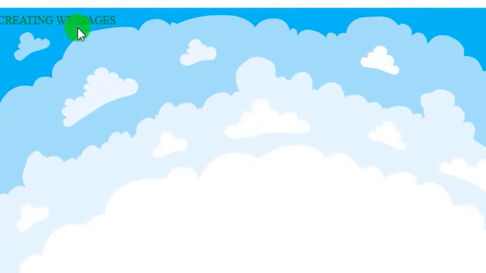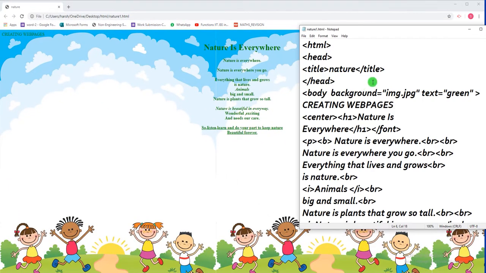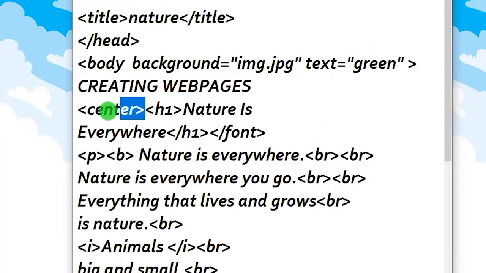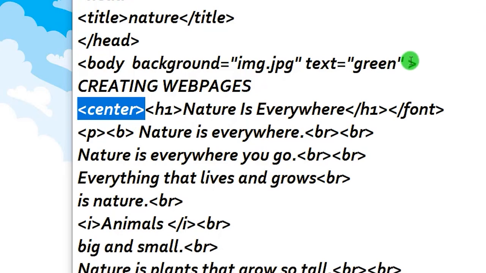You can see "creating web pages" is written over here. Though it's quite light, it's in green color, we can see it's written. This is because it has come from the left side, as it had started before the center tag. See, the center tag was given here, it had started before the center tag, so it is coming from the left side. Now, if I want there to be a left margin in my document, just the way we have margins in our notebooks or registers, I want to give a margin in my document.